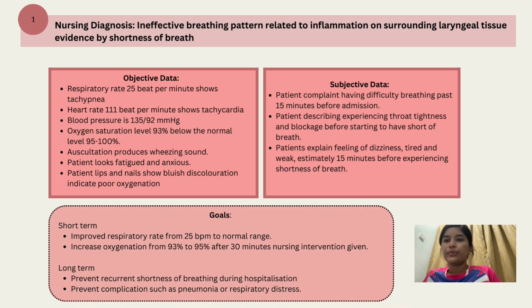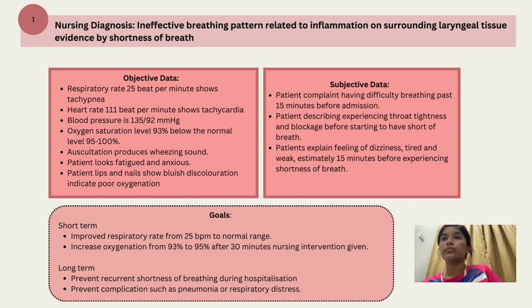Okay, so now I will present on what are the nursing management for patient with larynx cancer. The first nursing diagnosis is ineffective breathing pattern related to inflammation on surrounding laryngeal tissue, evidenced by shortness of breath. For the objective data, respiratory rate 25 breaths per minute shows tachypnea, heart rate 111 beats per minute, this shows tachycardia. Then blood pressure is